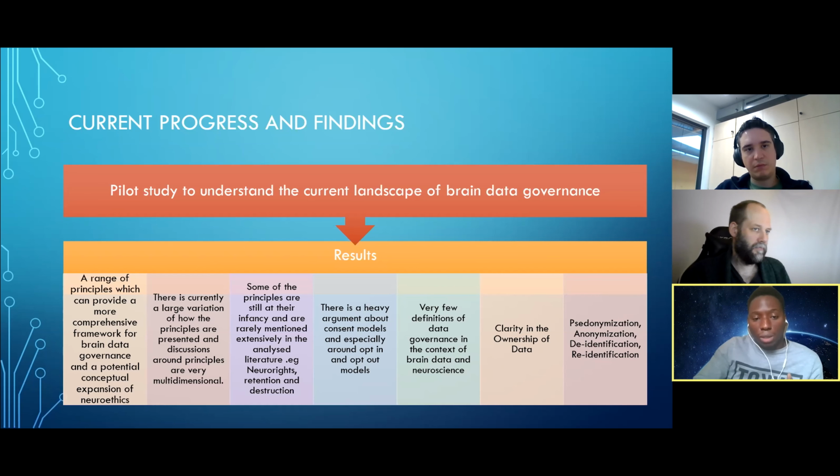There is also a large variation in how the principles and discussions are presented, and they are very multidimensional. For example, in terms of fairness, you can see fairness defined in terms of access to data for researchers, and also fairness in terms of access to data for participants as well.